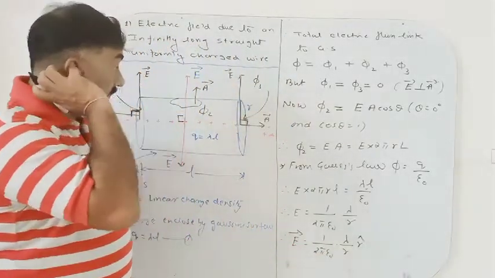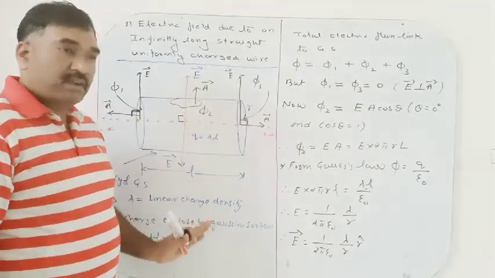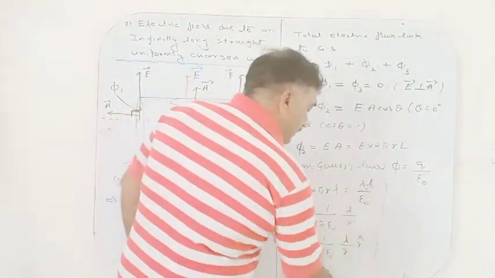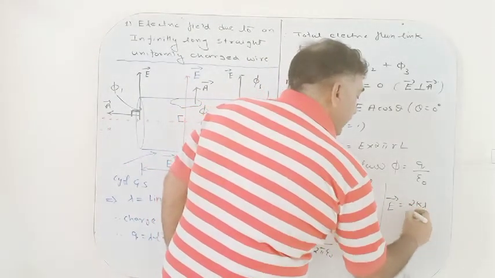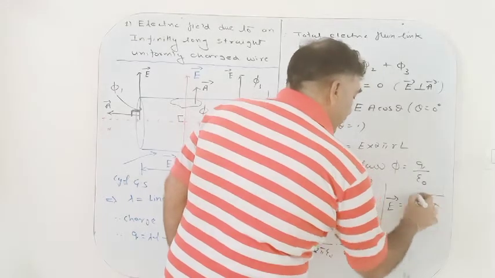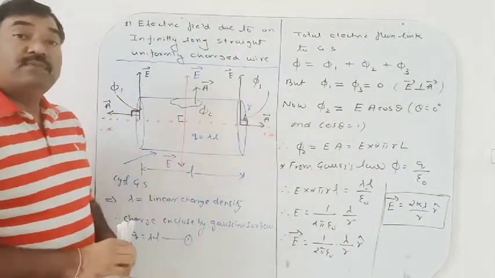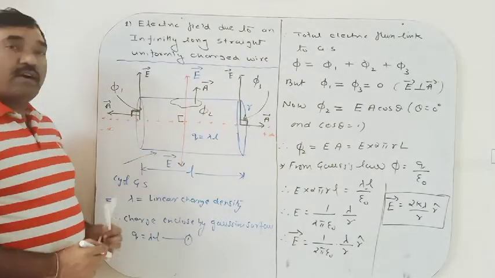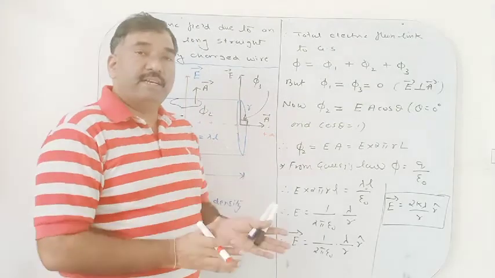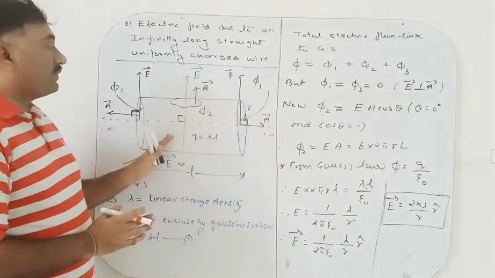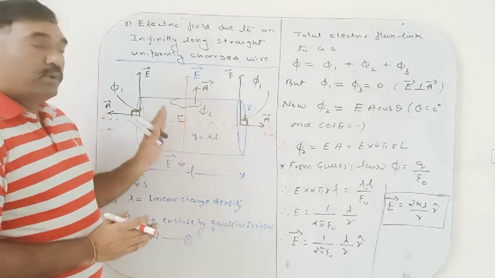Here the electric field is radially outward, perpendicular to the surface. And for calculation purposes, we can write the electric field in terms of K, so 2K lambda by R in the direction of R caret. So this is the formula for the electric field due to an infinite linear distribution of charges. Once again, we are having a linear distribution of charges taken along the x-axis. The direction of the electric field is along the radial direction, perpendicular to the surface.